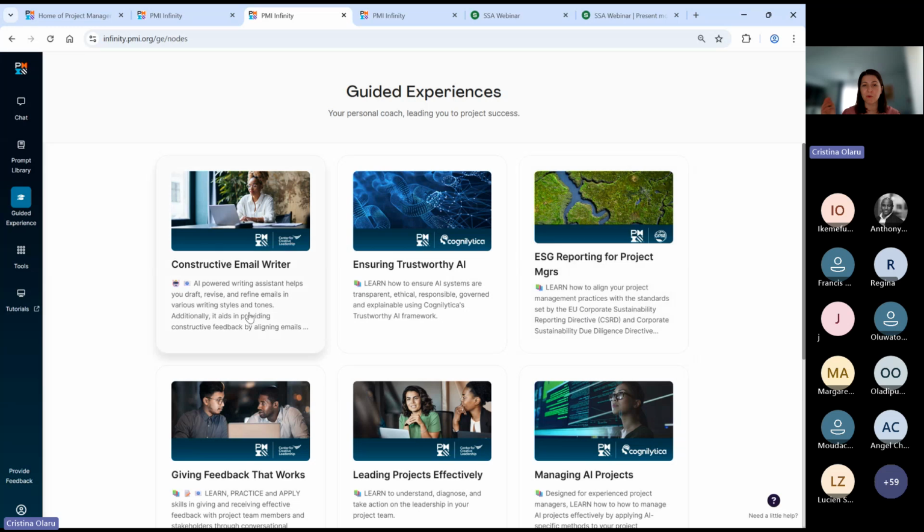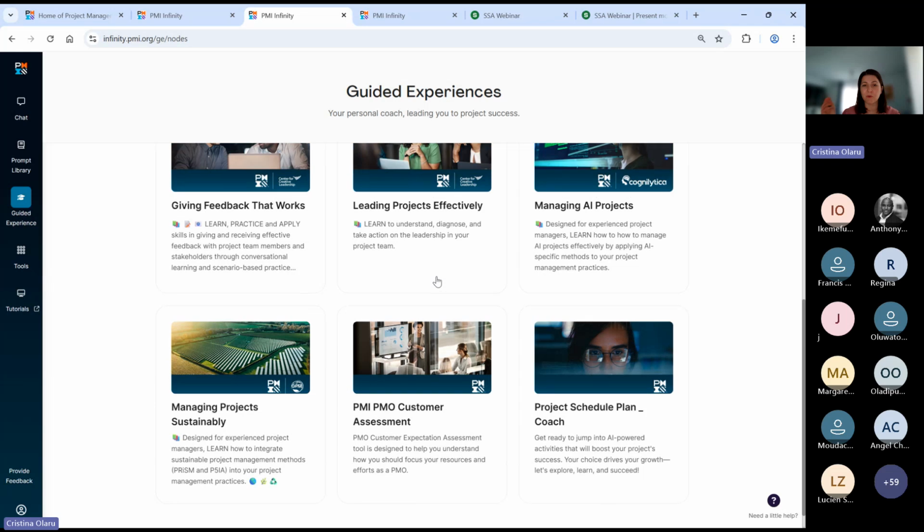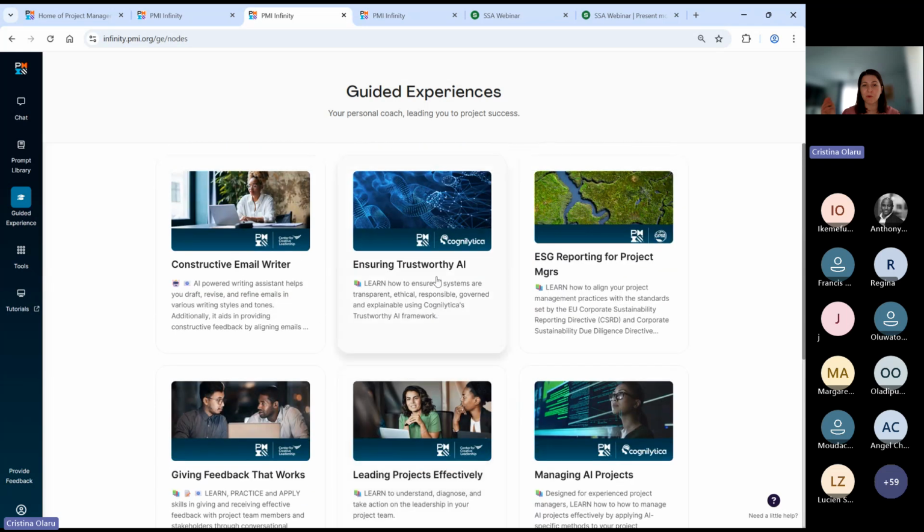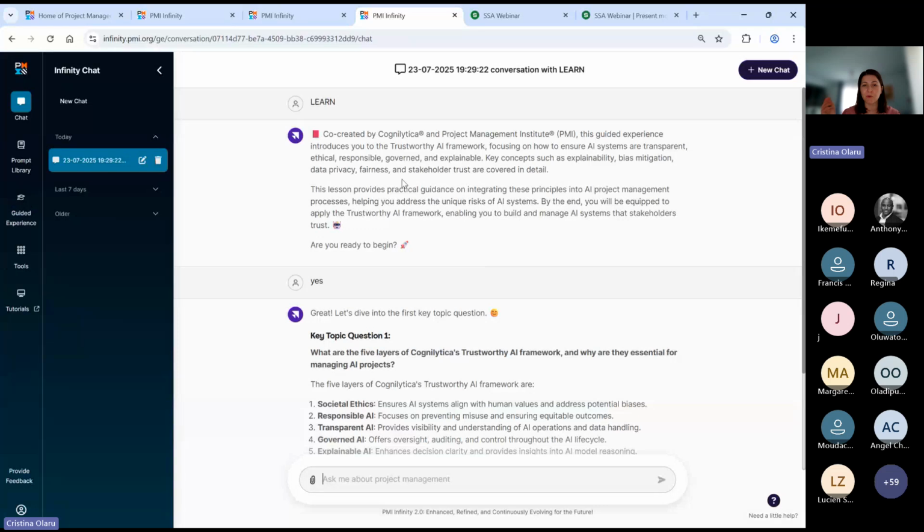We've developed this in partnership with some subject matter experts, some partner organizations like the Center for Creative Leadership, Green Project Management, Cognilytica, which is now part of PMI. And the idea with these learning experiences is that you learn in a more interactive way. So it's a two-way street in the learning,